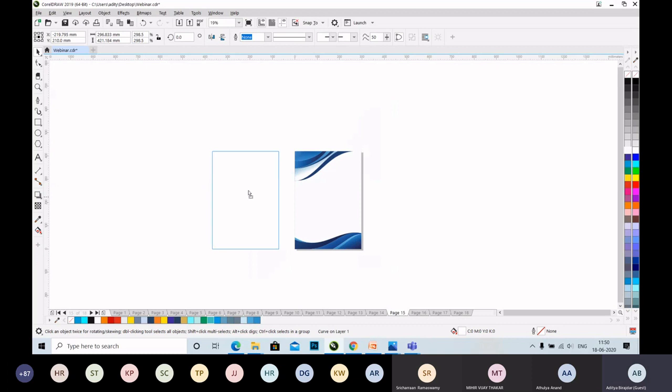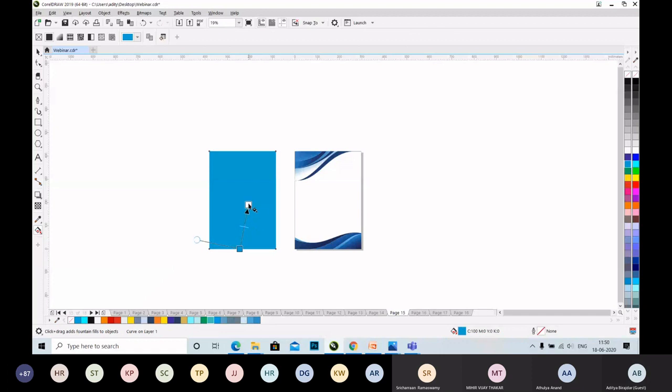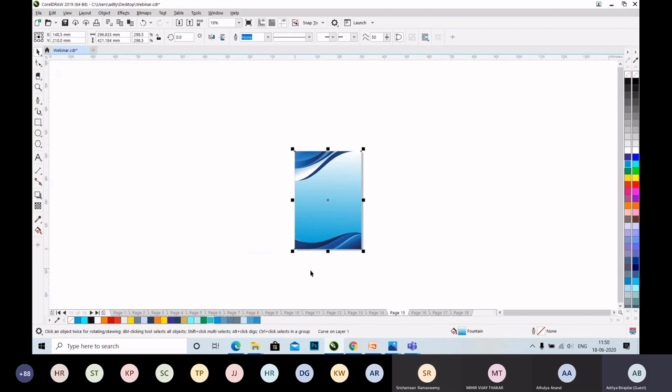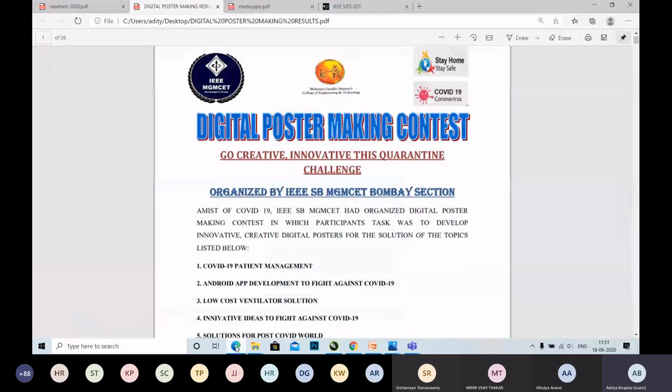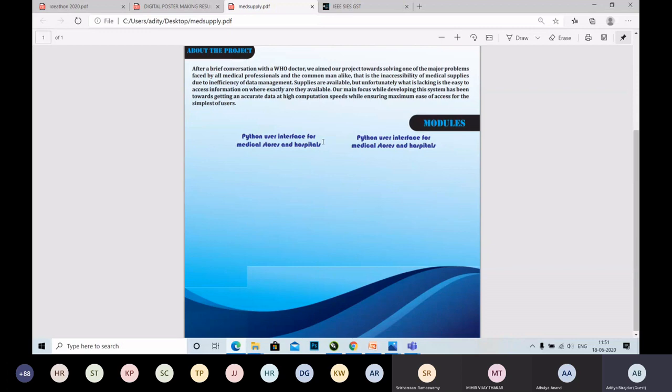Now, at the start of our webinar, we saw how to use the interactive tool and make one background. Just make that background by using this interactive fill tool. Place it over here and place your content as you would like to. Here it is, a decent poster, not an excellent one, but with a great idea. Export it and this is what it will be looking like.